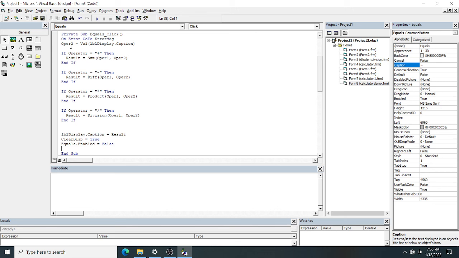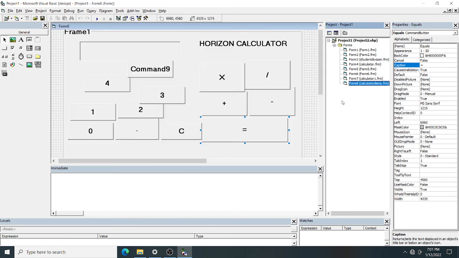In this case, if the operator is plus, you are going to call the function Sum. If the operator is minus, you are going to call diff. If the operator is product, into, you are going to call the function product. If the operator is division, then you have to call this function. And after getting the result, you make the equal button false. So next class I will explain the full code.